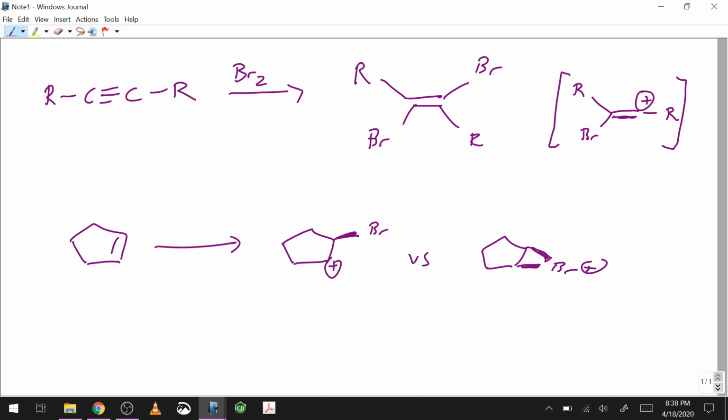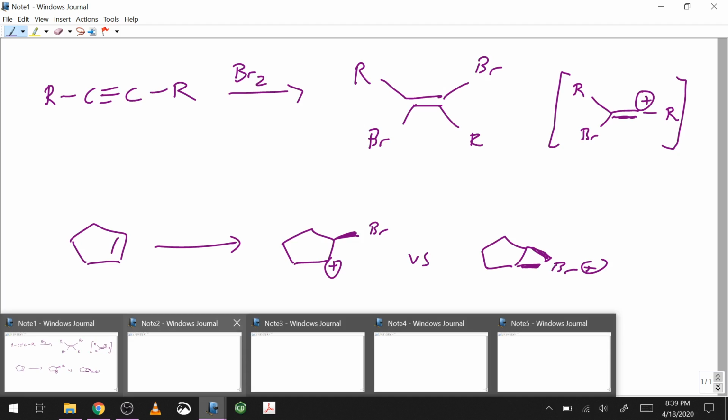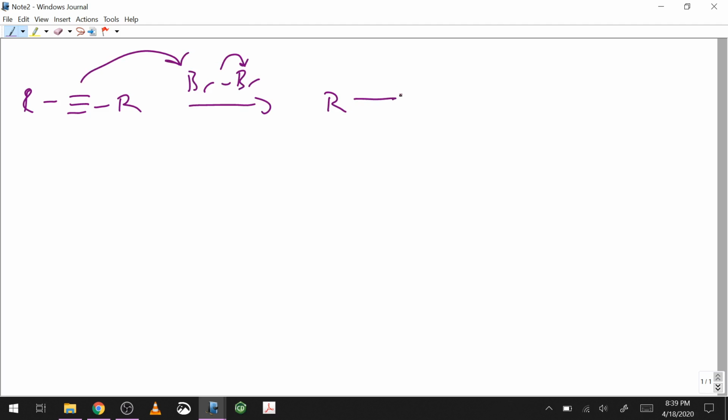But we can't really make that argument for the alkyne, because of the two carbons involved, one of the carbons is sp2, where the bromine has already been added. The other one is sp, so it's still linear. So we've got no way that bromine's going to affect this, unless we actually do have the cyclic intermediate. So here's what that would look like. If we did that, using the same mechanistic thinking that we used for the alkene, we'd start out with something like this,